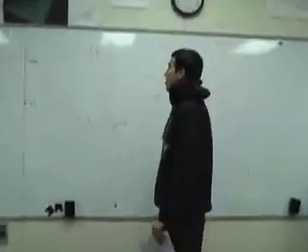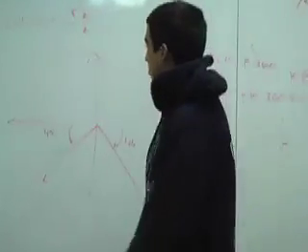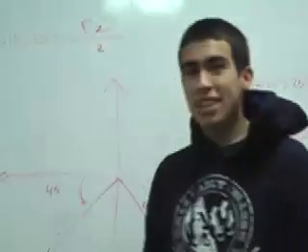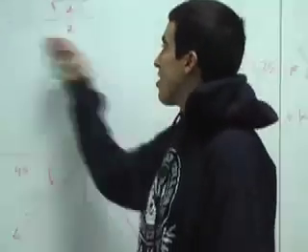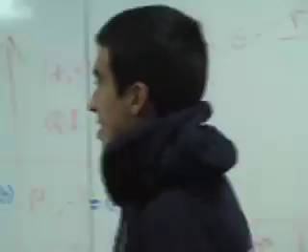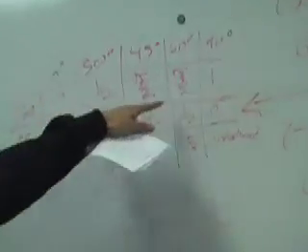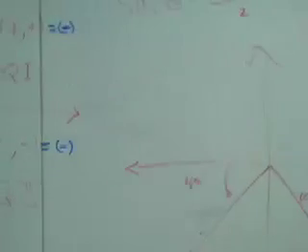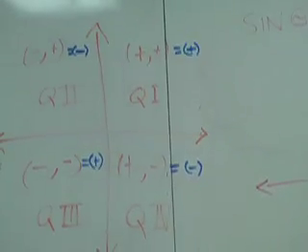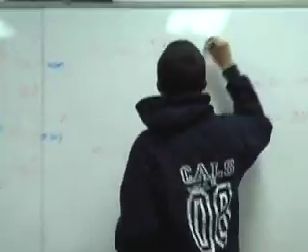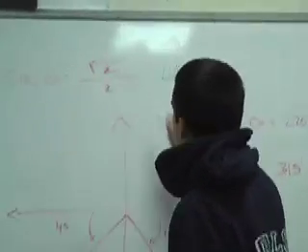How to solve angles with sine and cosine. Basically you have something like this here, and what you want to do first is refer to this chart right here that tells you sine, cosine, and tangent and what each integer means. So over here we have sine of theta is negative square root of 2 over 2, so we know that sine negative square root of 2 over 2 stands for 45 degrees, and since it's negative, it's going